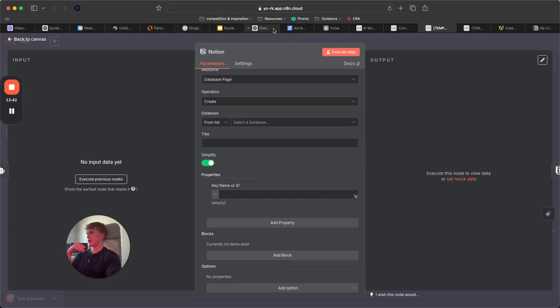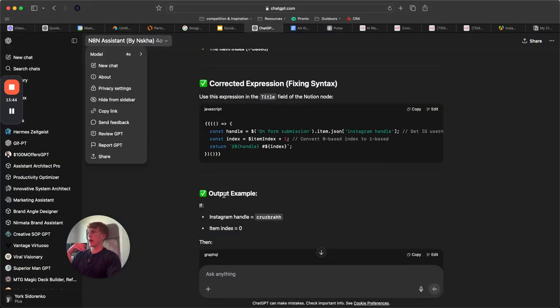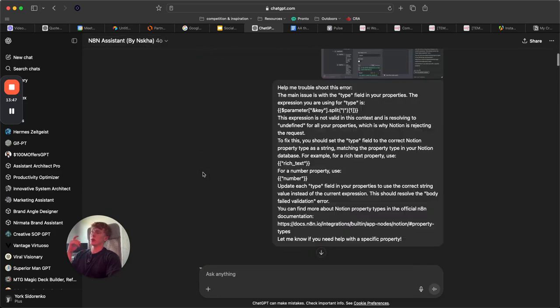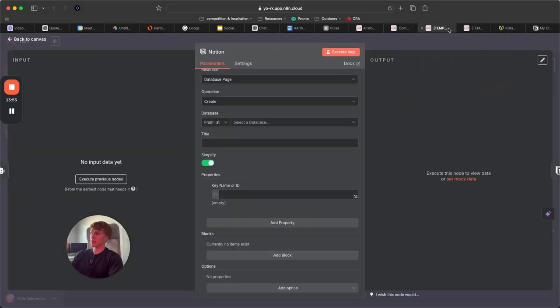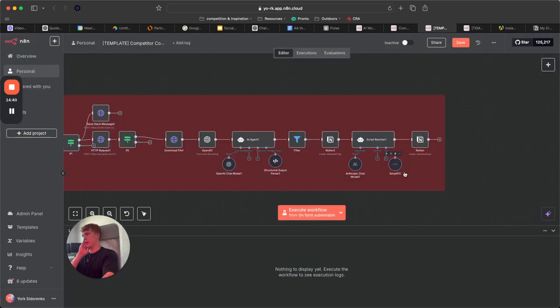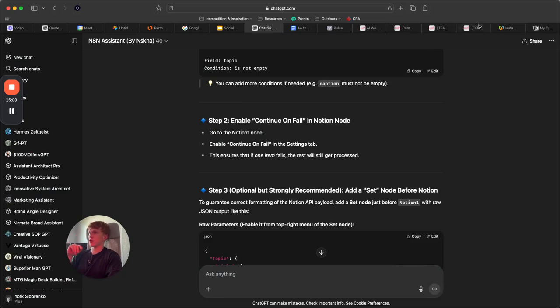There's this custom GPT called N8N Assistant, and I basically just go to it with all my problems. And I've definitely spent a lot of time doing that. But if you're patient enough, if you have a few hours or maybe a couple hours, you'll be able to figure it out. But if you do import the file from the WAP, then most of these problems will be solved. And if you do have problems, you can just ask in the chat and I can try to help and troubleshoot. But your first go-to should just be going to this ChatGPT assistant, the custom GPT,